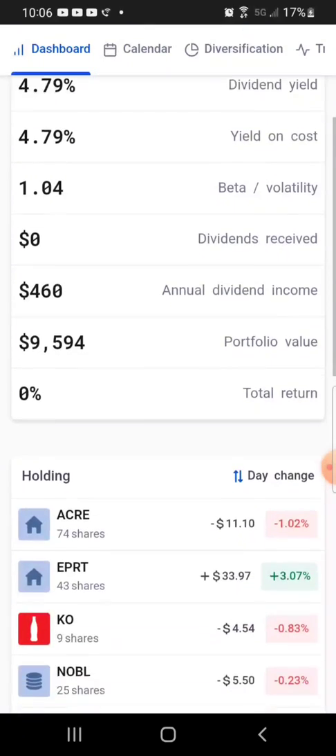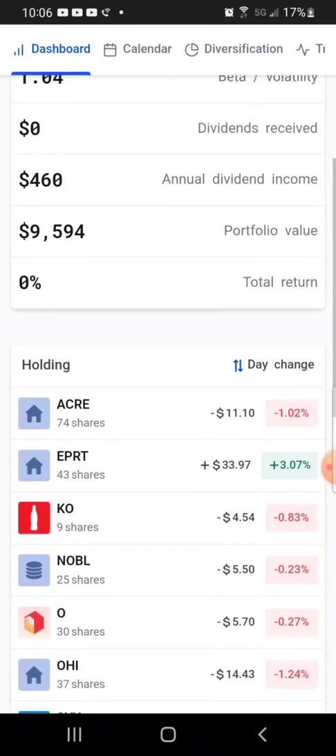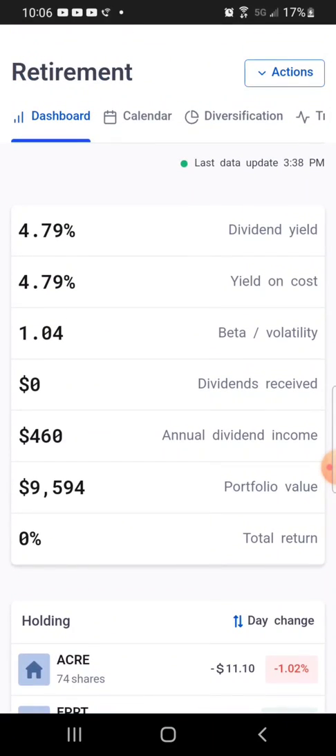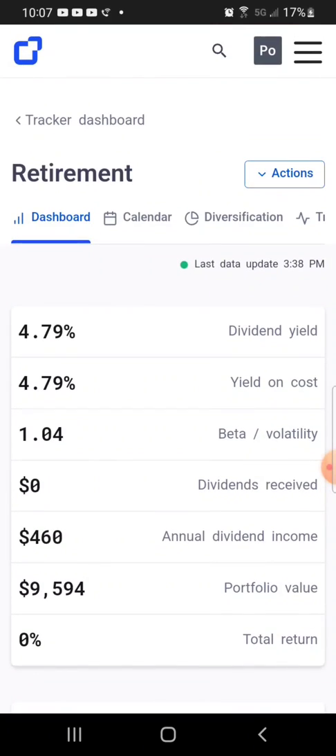Again, like I said, you can check out any of these companies. These are companies that I actually hold in my retirement portfolio. I have a lot more, but I just wanted to show you guys what it looks like when you have a certain amount of money, like $9,594 in a dividend portfolio that's solely for dividends, and you get a decent dividend yield of something like 4.79. And yeah, so one of the perks on Dividend Watch,